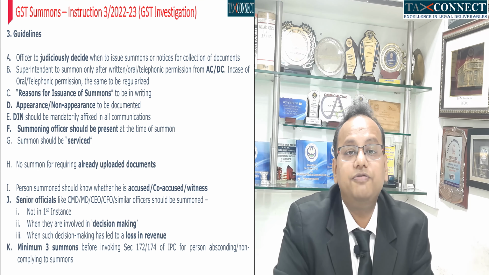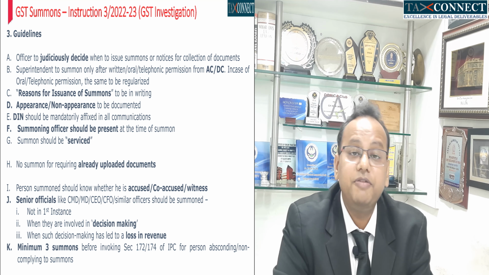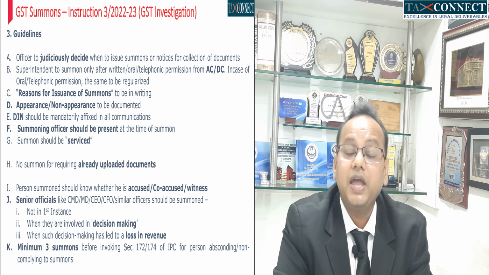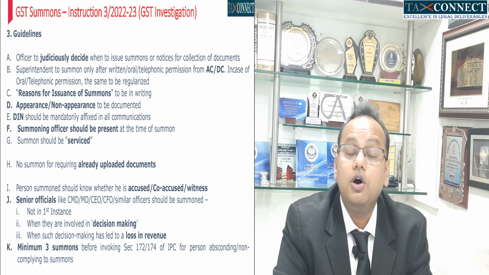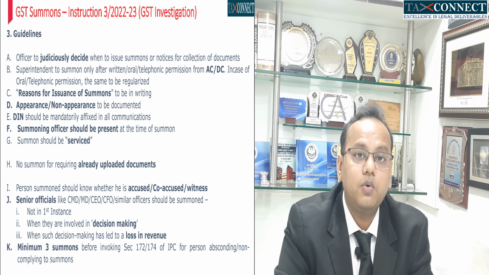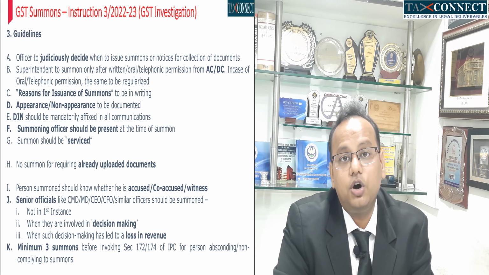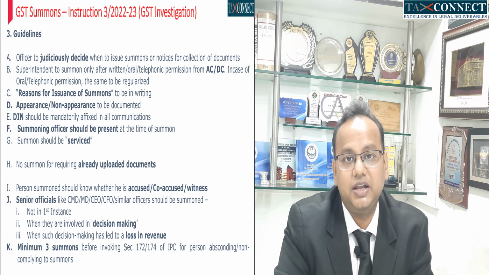A minimum of 3 summons have to be issued before invoking section 172 or 174 of the IPC and alleging that a taxpayer is absconding or not complying with the requirements of a public servant. And we have already discussed that these summons should be serviced adequately before invoking section 172 and 174